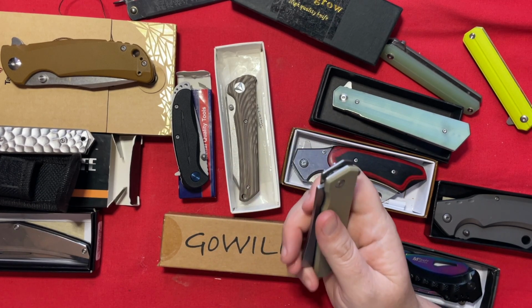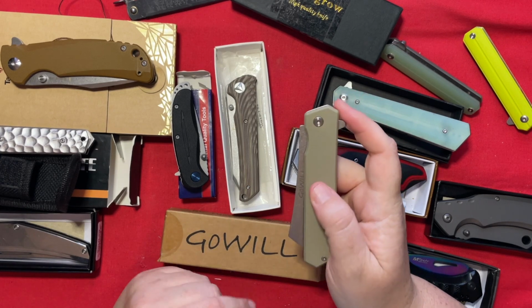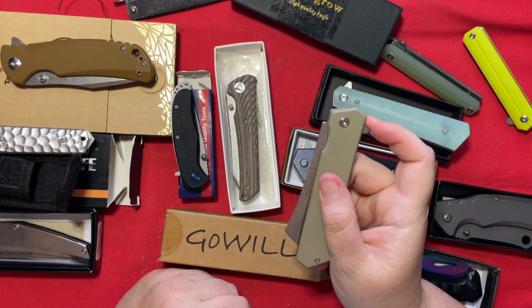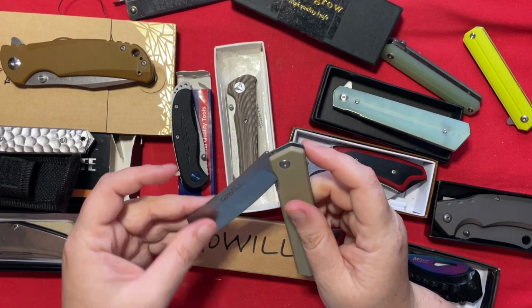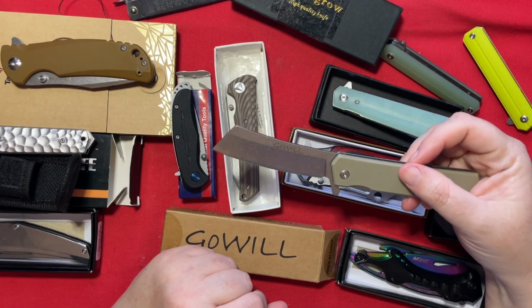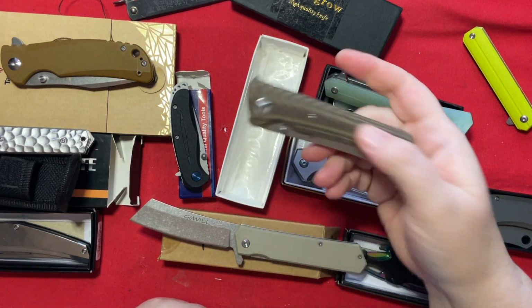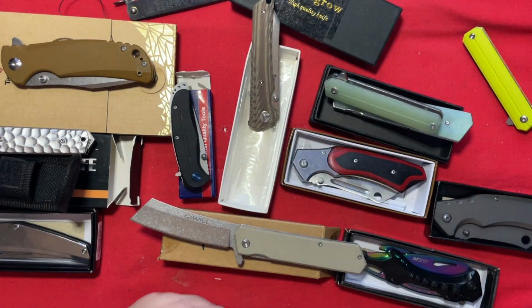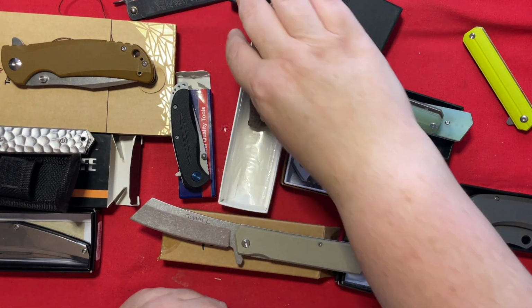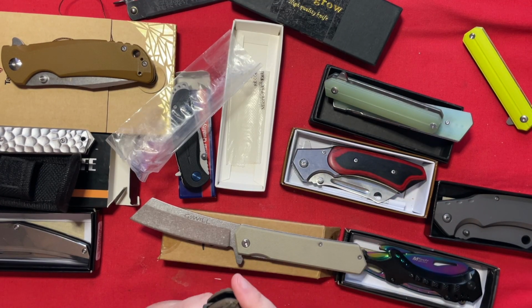I like the feel of the bumpiness. The stick out of the blade that says Go Will on it, but I like that stone finish to it. It's another cozy knife for me to hold. This one's cool to look at and feel when it's closed, but I don't like it when it's opened. And I think that's the thing, if it wasn't for that feel, I think this would have been in the running